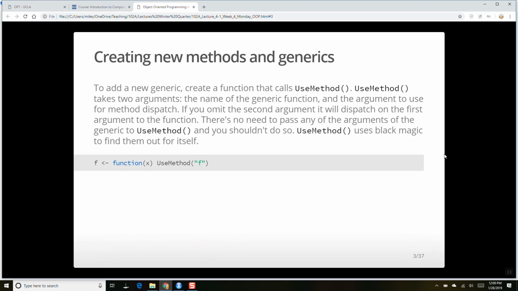So whether I give you a baseball bat, a golf club, or some kind of rope, what you do when I say swing will be different. And much in the same way, that verb swing we can think of as a generic function that will have a different method depending on the kind of object that we're given.